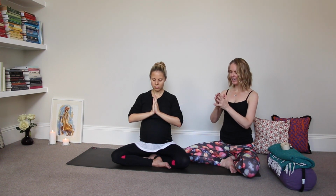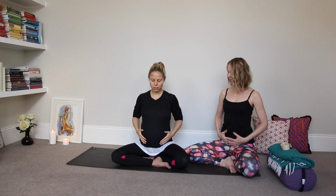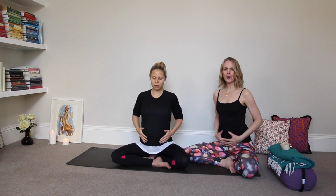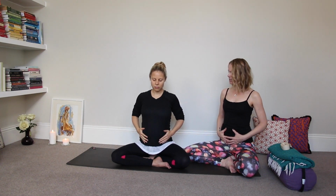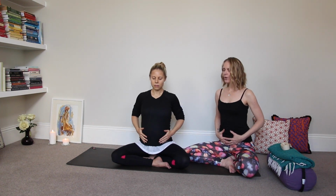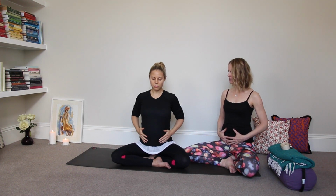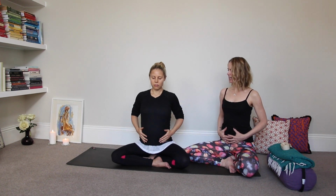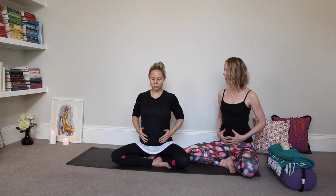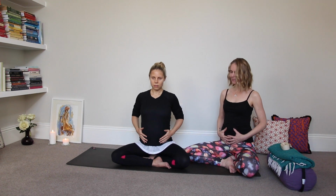Good. And then place your hands on your belly and just feel almost like you're hugging your baby. So that way you're engaging your abdominal muscles as you're seated, or as you come onto all fours, or you're standing, in whichever yoga position it is that you're in. Feel that lift, and almost like you're giving yourself a good hug. Just keep that in mind. And then open your eyes. And now you're going to come